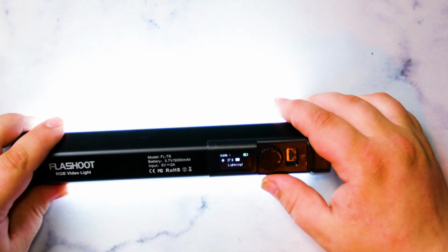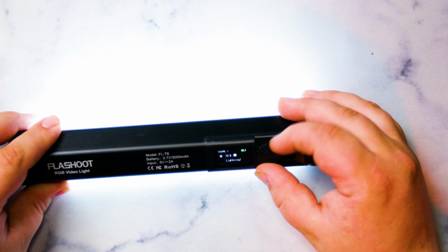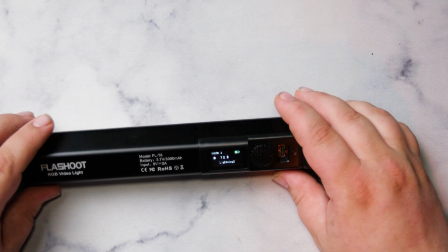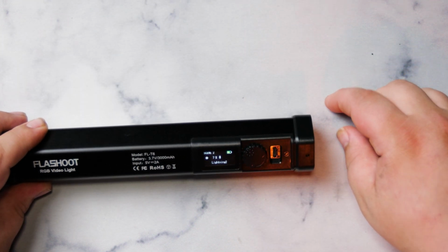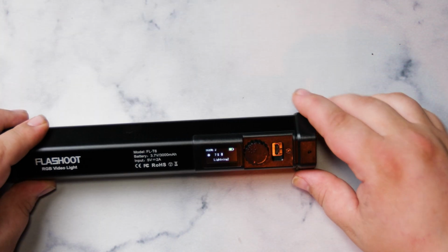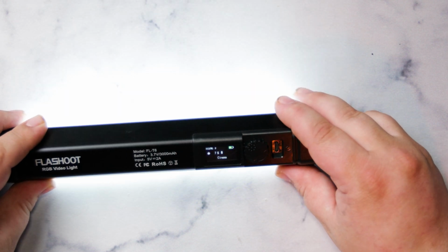Double click again, and we have effects. Right now we have a lightning effect. Let me turn the intensity down. We also have a lightning 2 effect. And to change the effects on this, you just push the button once like you would to scroll through your menus before. You have cinema,